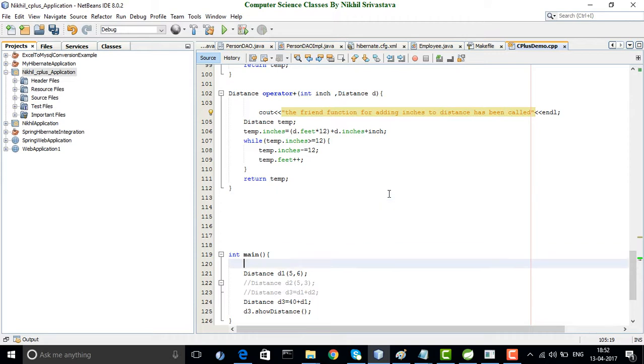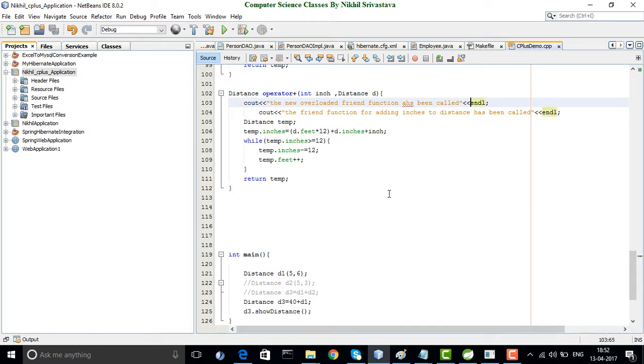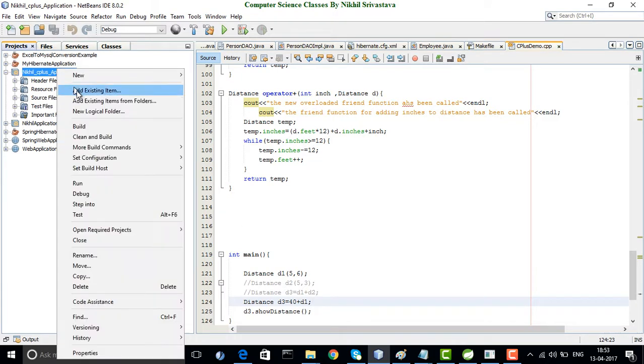So I can also write something like this: cout, the new overloaded friend function has been called, and then add a new line to it. I have added this cout statement just to prove that this function is actually getting called. So over here, when I write d3 is equal to 40 plus d1, then clean and build,